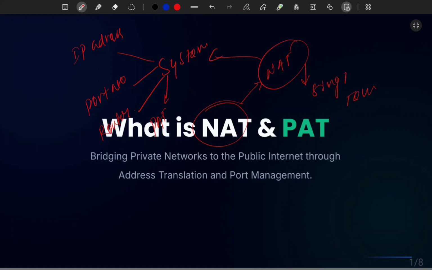So what is NAT? A little bit of overview. It is a bridge between the private network and the public internet through address translation and port management. It becomes a bridge between a private IP address and a public IP address. What is the meaning of public IP address? It is easily accessible on the internet,